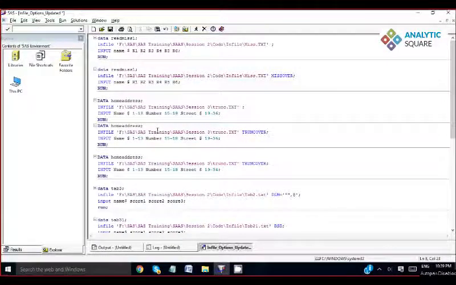Okay, so let me talk about some of the infile options that we have. In my last session, I showed you how we can get the data from the text file. When we have to get the data from the text file, generally we use the infile statement. But we have also seen that there are some types of values in the text data that we generally handle with the list input method, column input method, and other methods I talked about earlier.